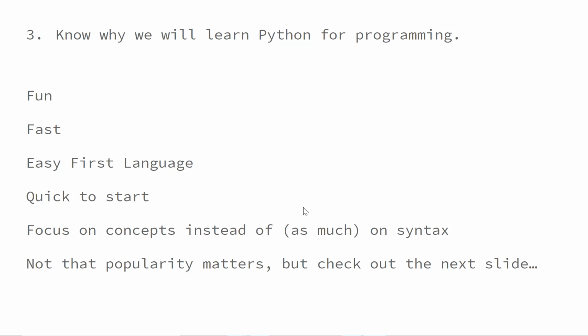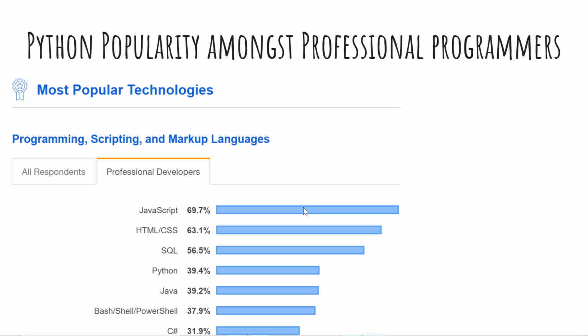Not that popularity matters, but let's take a look at this next slide. This is from the 2019 Stack Exchange Developer Survey, and this is the popularity amongst professional programmers. So I only took the top results. You'll notice JavaScript, HTML, CSS are at the top amongst professional developers. These are languages that they're using in their jobs, and SQL. Well, JavaScript, HTML, CSS, they drive web sites. And actually they can drive servers too. It's kind of cool. I almost considered doing JavaScript instead, but then we would have had to go over a lot of HTML and CSS.